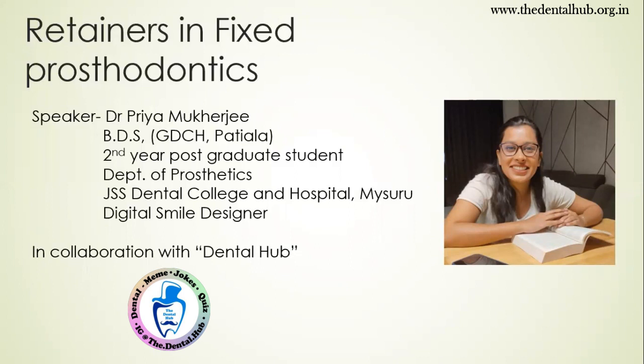So let's just start with something very basic, like what is actually fixed prosthodontics? As defined by GPT-9, it is a branch of prosthodontics concerned with placement or restoration of teeth by artificial substitutes that cannot be removed from the mouth of the patient. So, the artificial substitutes mentioned in the definition are the retainers. As I unfold, we'll be talking about classification, criteria for selection of any particular retainer, and furthermore, what are the types of retainers.